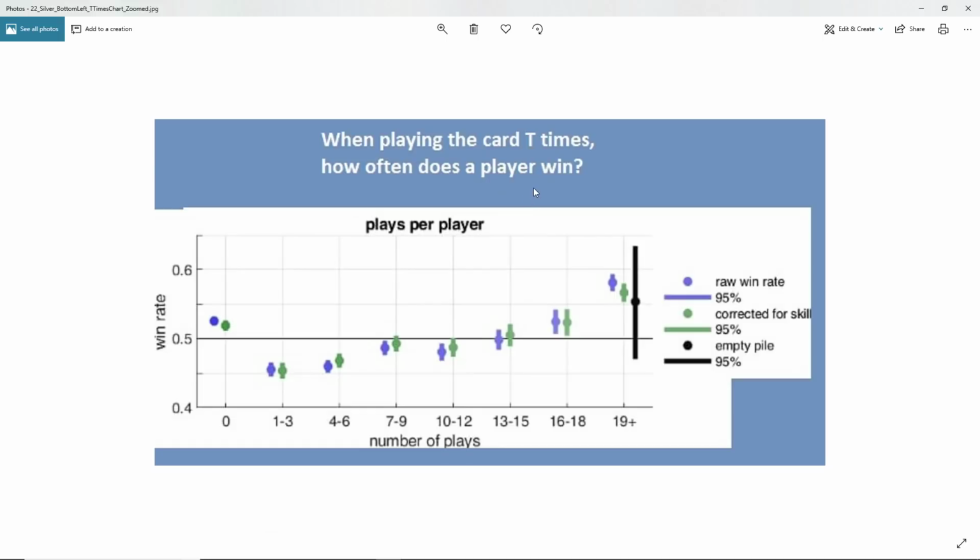Okay, so this chart, what is it answering? When playing the card T times, how often does a player win? Very similar to the gain chart, but this is the number of times that silver is played. As you can imagine, playing silver 0 times is almost identical to gaining silver 0 times, because hopefully you play silver if you gain it. But then here we see, if you do end up gaining silver, playing it more is better than playing it less. And this is a common trend you see for almost all the data,